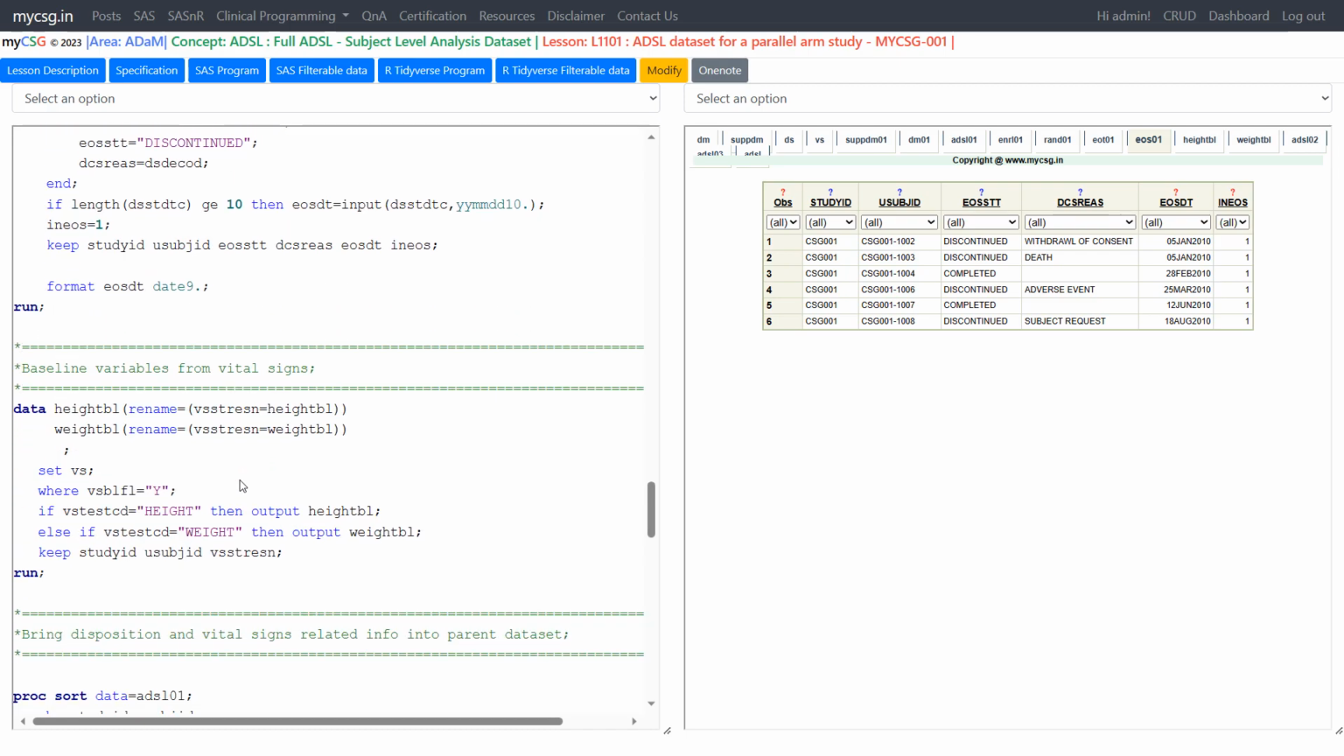So now we are in the next step, we are processing baseline variables from vital signs. We were asked to use the values from VSSTRESN where VSBLFL is equal to Y. For height BL, we were asked to use the record where VSTESTCD is equal to height, and for weight BL, we were asked to use the record where VSTESTCD is equal to